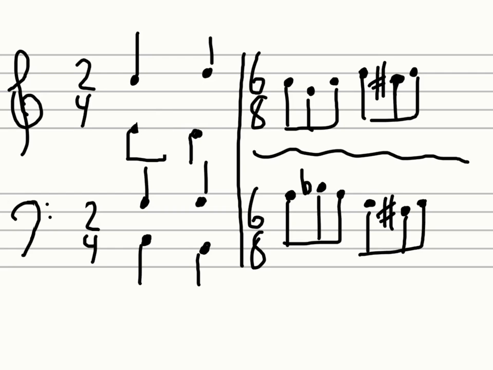Now I promised you I'd show you an exception, so let's rewrite this. Here's what we're going to do. We're going to take this E up to G, and now we want to go not to a 5-6 but to a 5-6-5. So in order to do that,